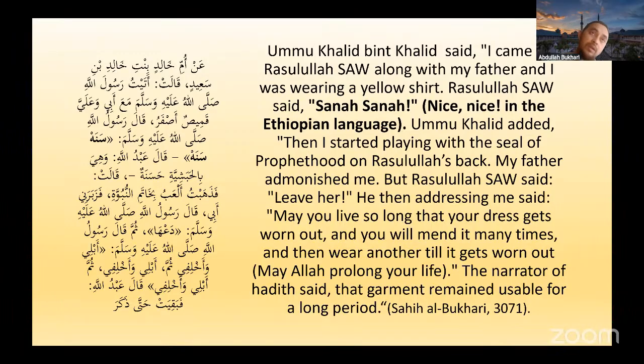period of time. It is even mentioned by the scholars of hadith that Khalid, because of the dua of Rasulullah, lived so long. She was the last companion of Rasulullah who passed away. Why? Because of the word of Rasulullah, the supplication made by Rasulullah to her when Rasulullah gave Khalid